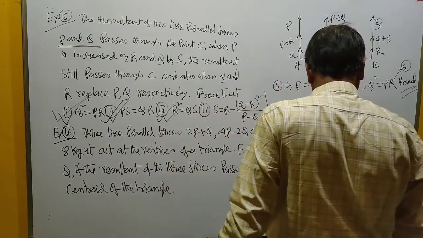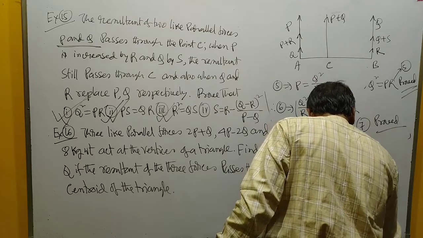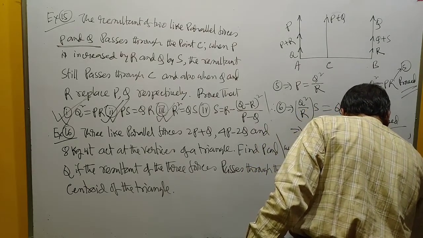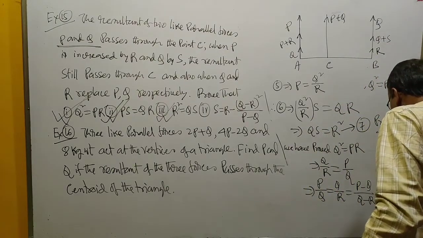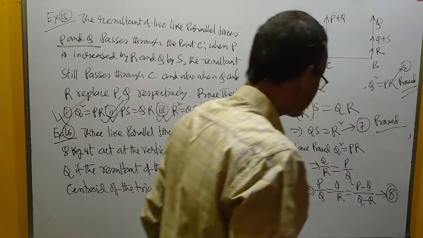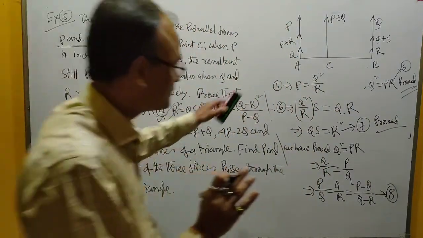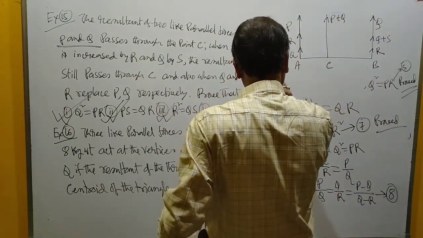Q by R equal to P by Q. This means that P by Q equal to Q by R equal to P minus Q divided by Q minus R. Suppose this is number 8. Also, we have proved that